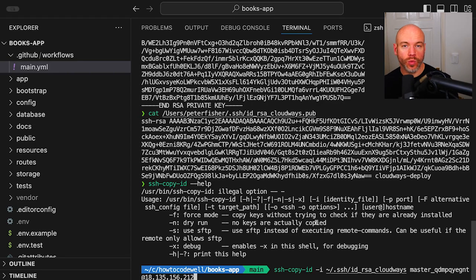As I mentioned earlier, we need to update the VPS to allow this SSH key to be used. We do that by updating the authorized keys within the SSH folder. But there is an easier way to do that than just SCPing that up and then manually changing the file. We can use the command